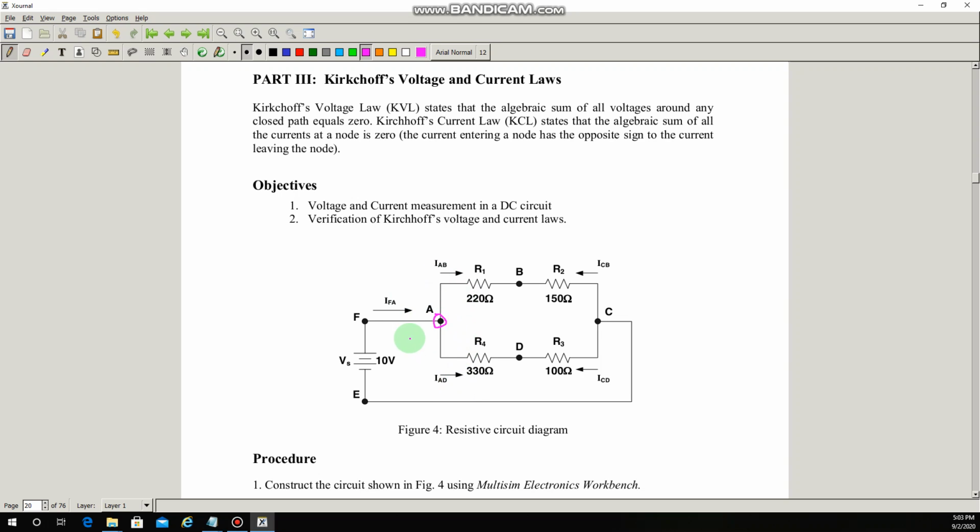Now let us talk briefly about this notation IAB, IAD, IFA for example. It is very easy to understand that IAB simply refers to the current that is flowing from point A to point B, or from node A to node B. This particular notation where A comes before B is actually deliberate, because we want to refer to the current that flows from A to B. If it was written as IBA, then it means we are referring to the current that is flowing in the opposite direction, that is from node B to A.